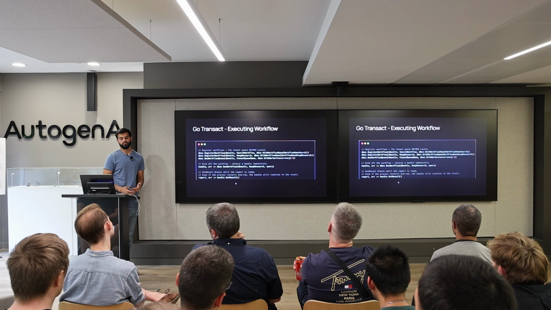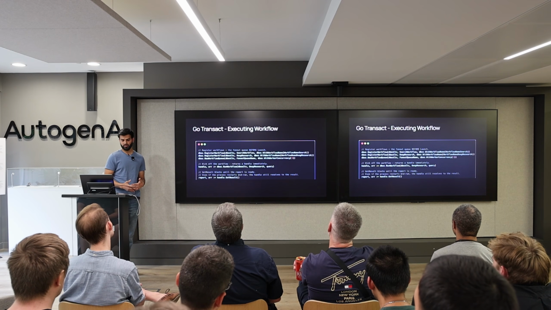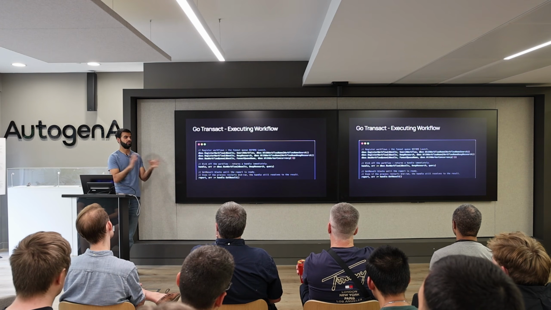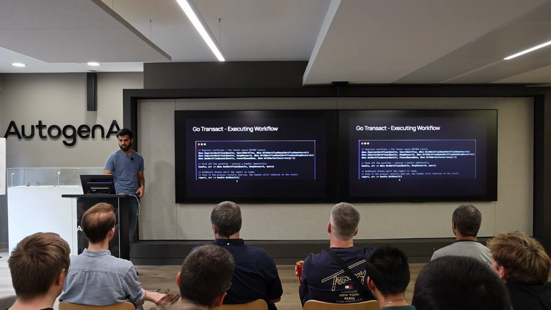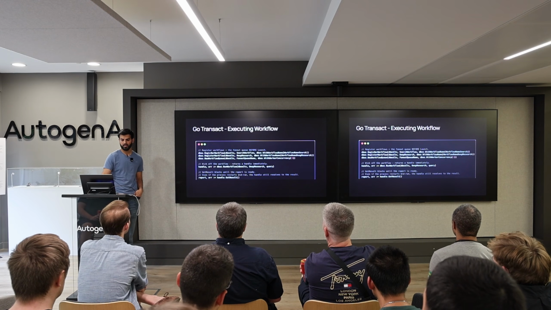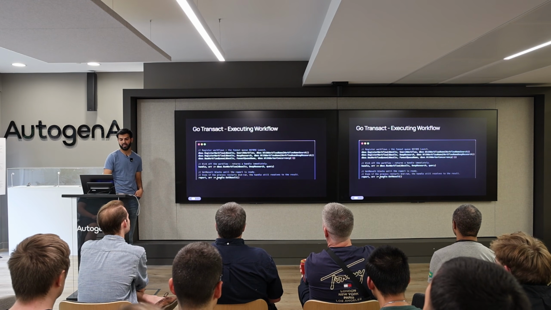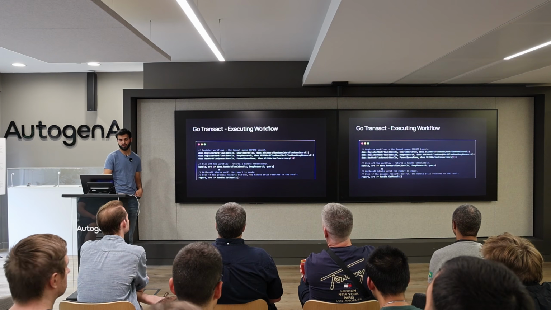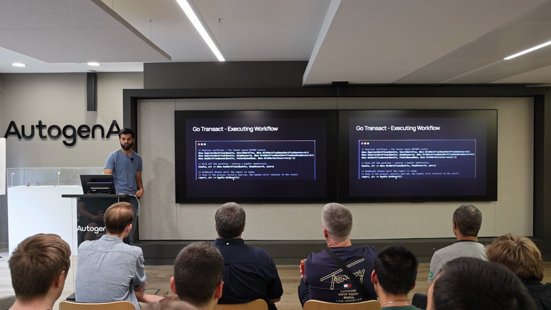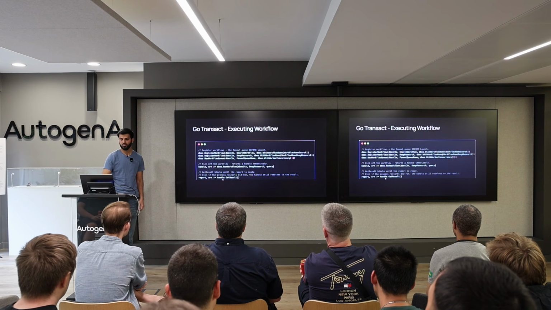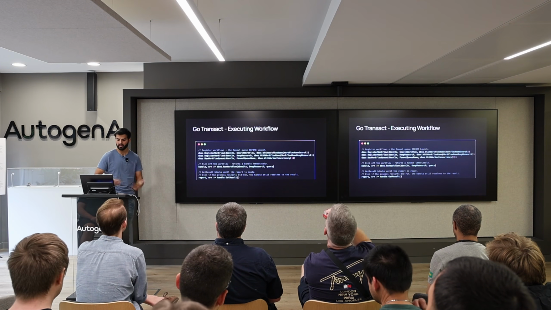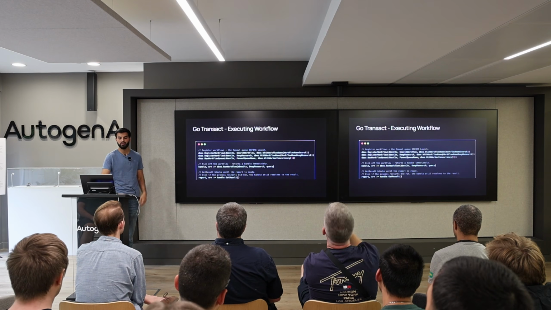You have to register your workflows as well. After you've created your search workflow, you've got to register it before it starts. And then with a handle, you run your workflow using the library, dbos.run workflow, and then you just wait for the response. So this is an embeddable library that you can quickly start using to convert your code into a workflow.